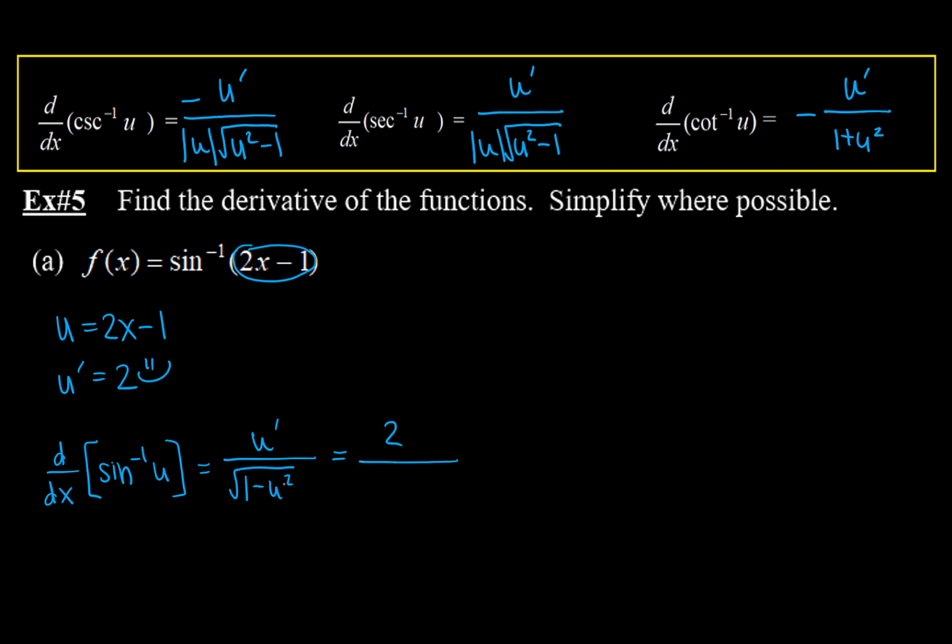And the 1 minus u squared is going to be 1 minus (2x minus 1) squared. But we're not done, because notice it says simplify where possible, and this thing is definitely possible. So I'm going to drag it up here. So f prime of x, my top I'm going to leave like that. Now my (2x minus 1) squared,